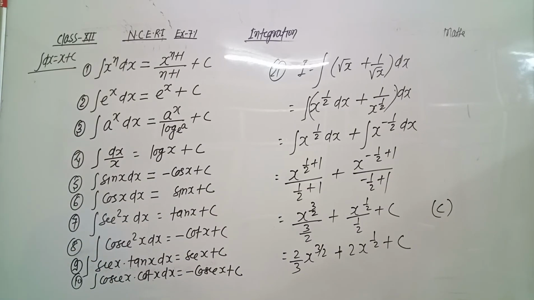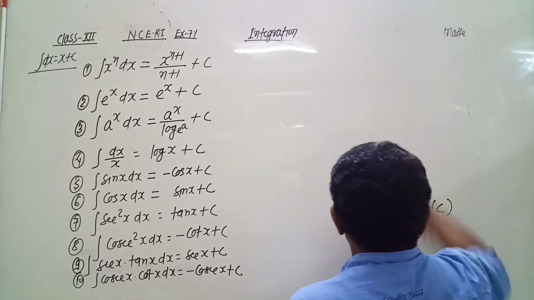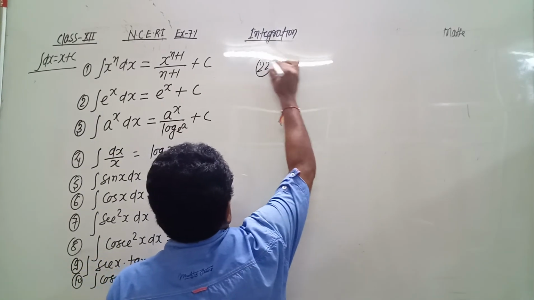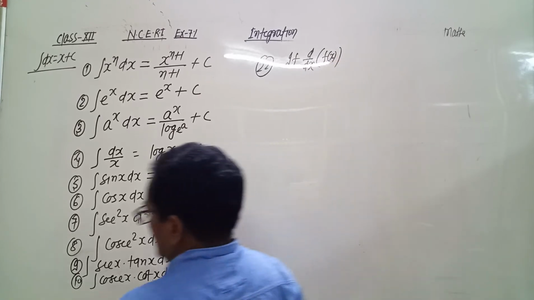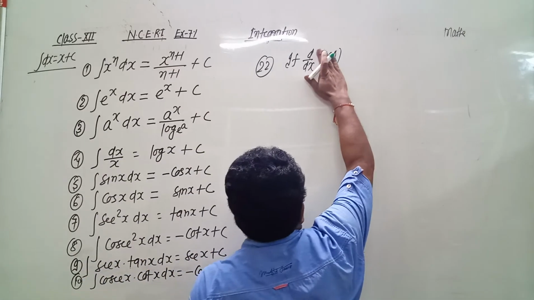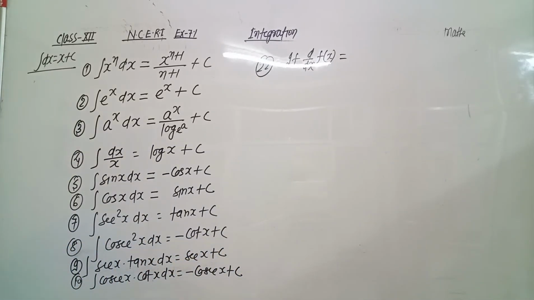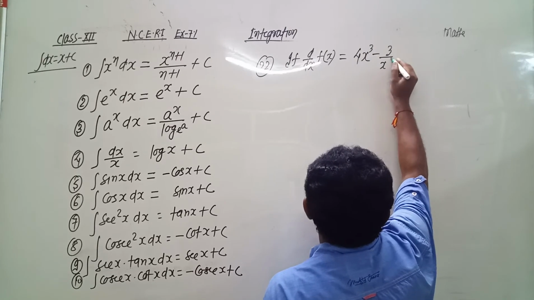Now question number 22. If d by dx of f of x equals 4x cube minus 3 by x raised to the power 4,